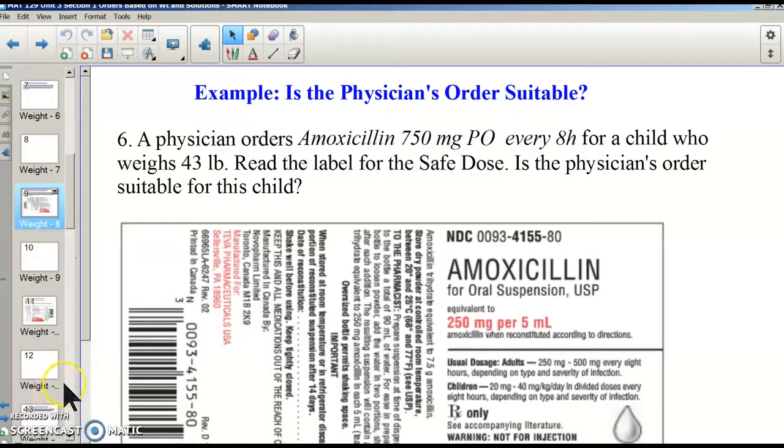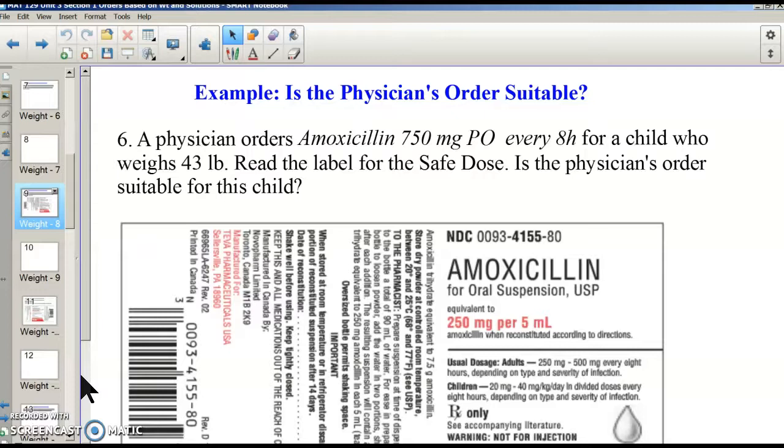In this video, we're going to talk about deciding whether or not the physician's order is suitable. This happens when the label gives a range with a minimum or sometimes just a maximum safe dosage, and you need to decide if the physician's order has violated that safe dosage range. So if it's a maximum safe dosage, the doctor's order would not be safe if the order is above